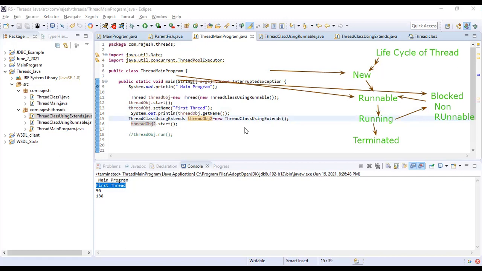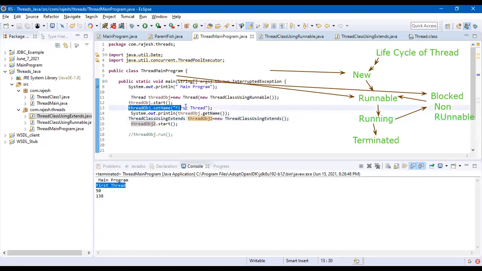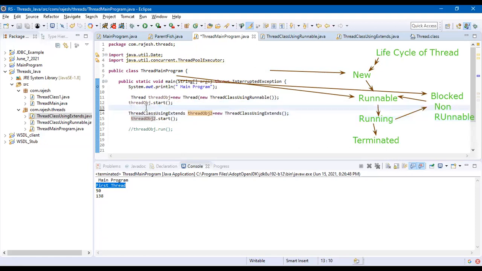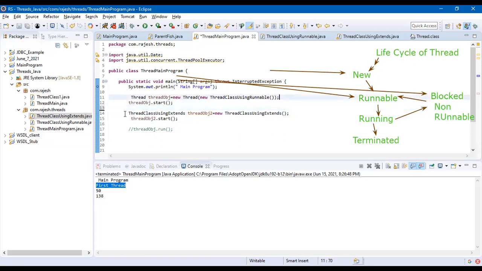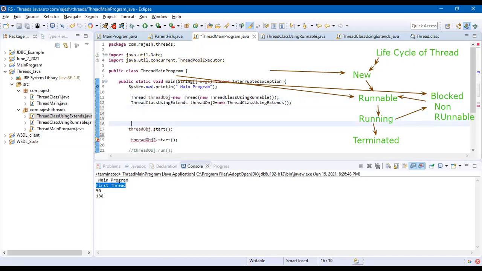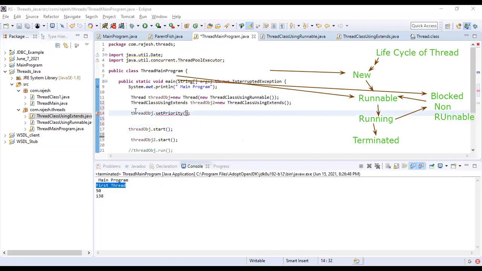Let us say for the first thread, if you give minimum priority, I'll delete these things. Now we have thread 1 and thread 2. I will create these threads first and then call the start method. I'm going to give threadObj.setPriority, which accepts a number.